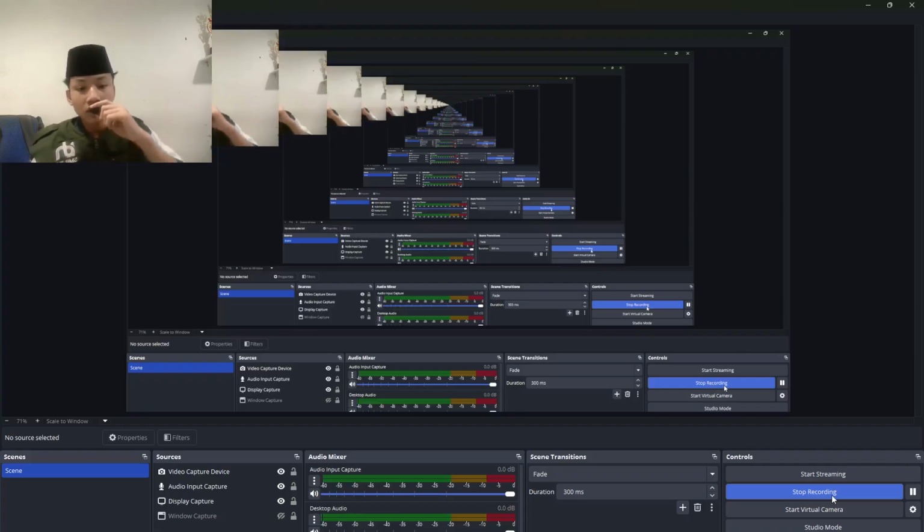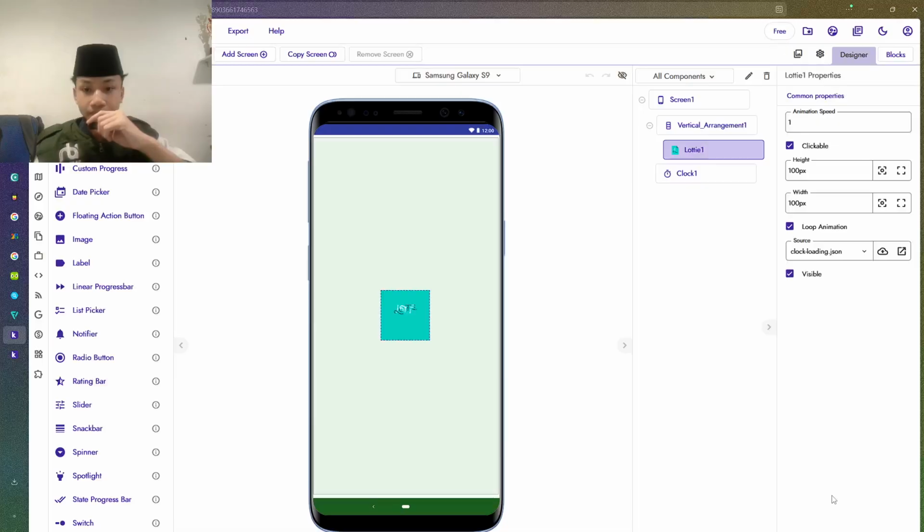So today I want to do a recording about Kodular Radio Online. And now let me show you the Kodular screen. Okay, so this is the Kodular screen in Radio Online page.